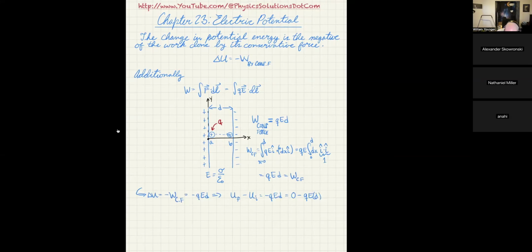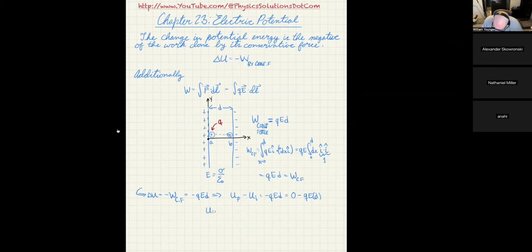For the initial potential energy, I don't know, I think that doesn't work out so well. Let's see. We could call that potential energy final, but then that does an odd thing with the D. So, yeah. Either way, the main point here is